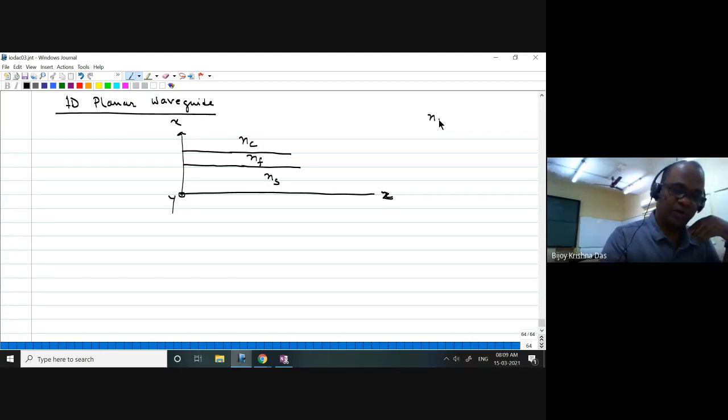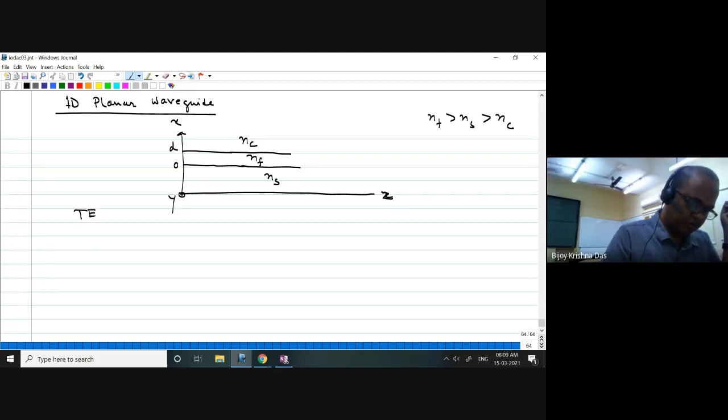So as usual, NF is greater than NS, in general greater than NC, but NS can be equal to NC. Now, we defined this X direction, it is just confined like this in 1D, and we have defined